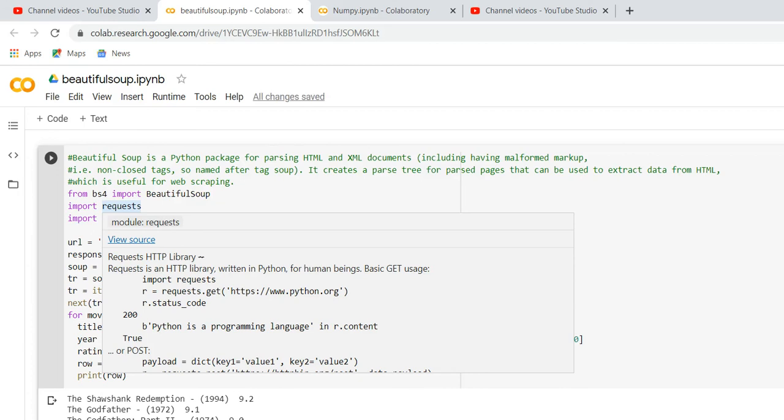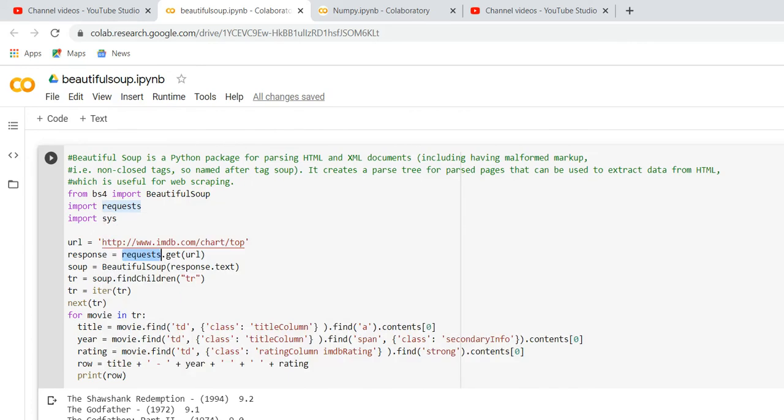The payloads are available using dictionary key values. You just get whatever values your requested URL returns, so I'm getting the whole response based on the get call.